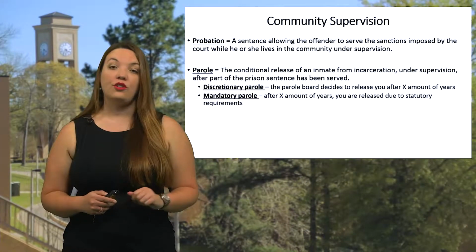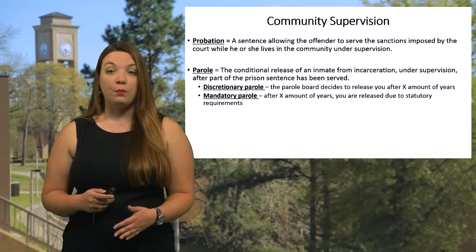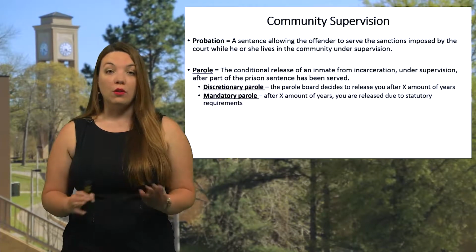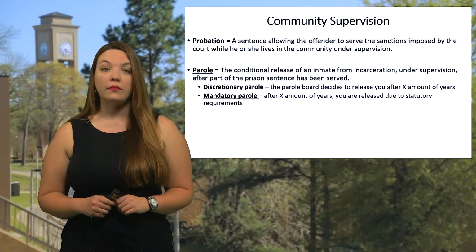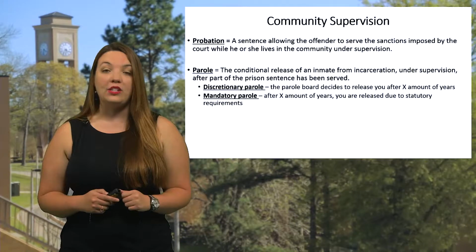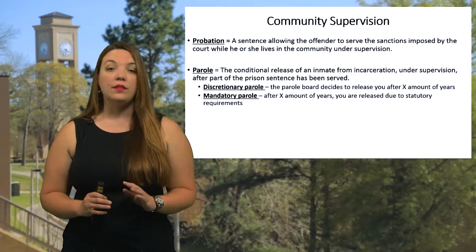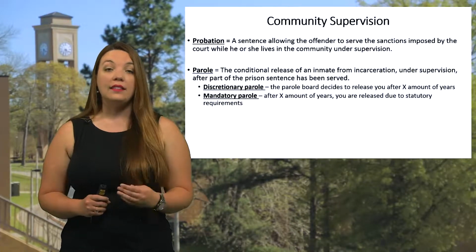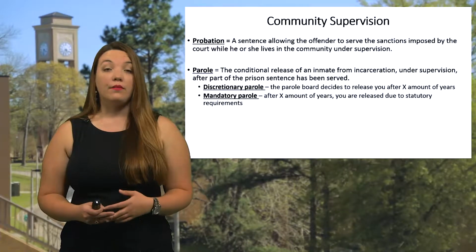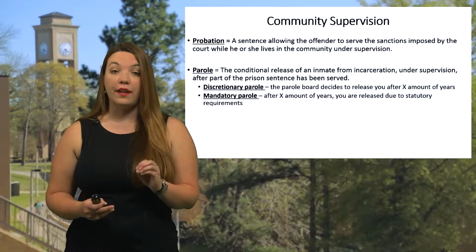If I am not getting a straight sentence, then the other option is that I am receiving a consecutive or a split sentence. This means that I will first complete my prison sentence, normally without the option of parole. Once I am released from my incarceration sentence, then I will begin my probation sentence. The state is concerned about my ability to be in the community without supervision post-incarceration, and still wants to keep tabs on me without parole being an option anymore. Because remember, the federal government and the majority of states no longer have parole for all offender groups.